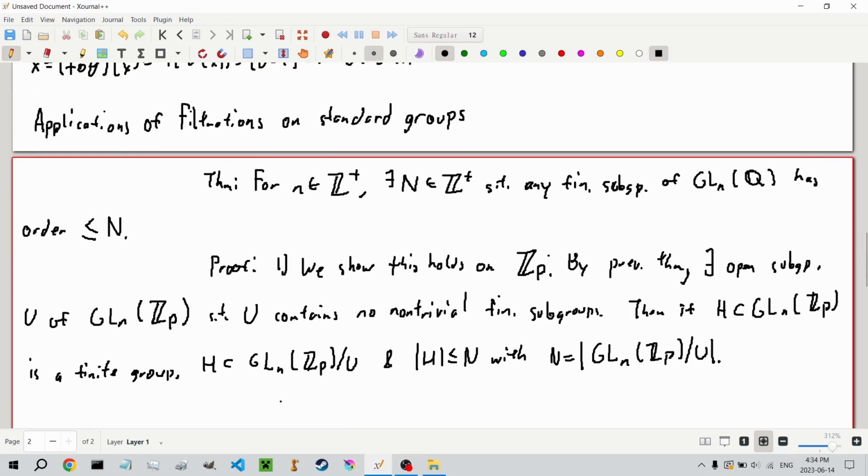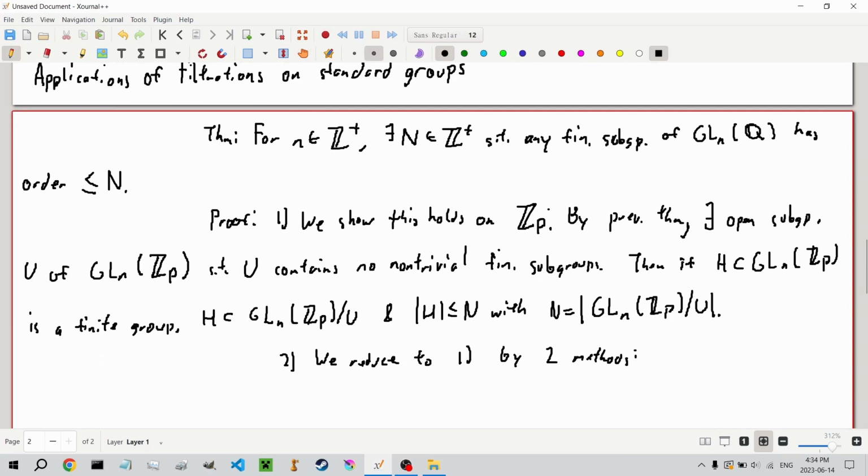And secondly, we reduce to case 1 by 2 methods. First off, let H be a finite subset of GLn(Q). And we're going to then let P be prime,